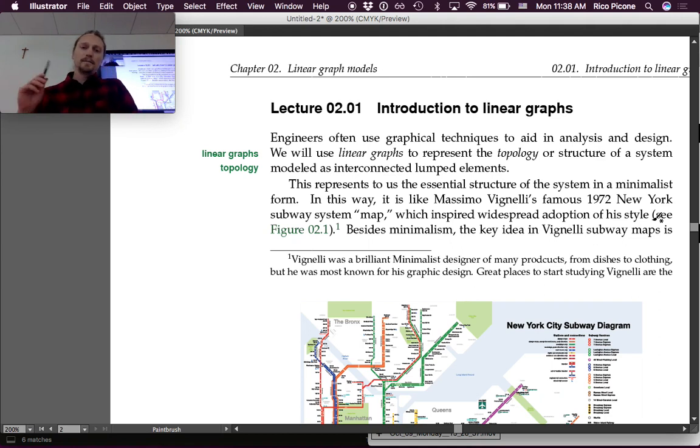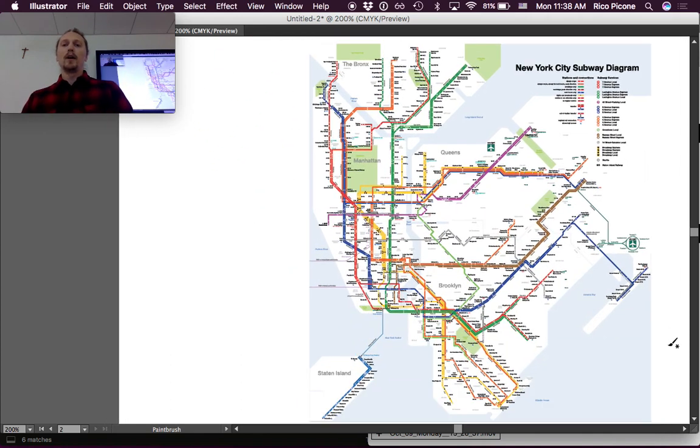First, this represents to us the essential structure of the system in a minimalist form. In this way, it is like Massimo Vignelli's famous 1972 New York subway system map, which inspired widespread adoption of his style, as in figure 2.1, which is